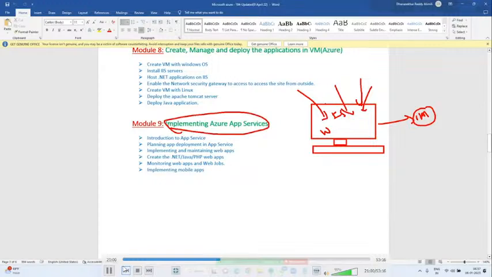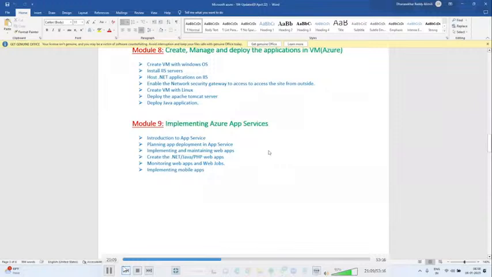PaaS, in the sense, see here the vendor is providing only virtual machines. What about the environment? Environment in the sense, the runtime environment we have to set up. For example, you would like to deploy one Java application. To deploy a Java application, what web servers are required, guys?